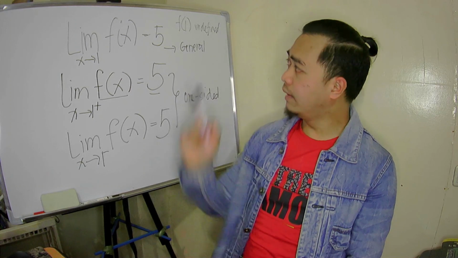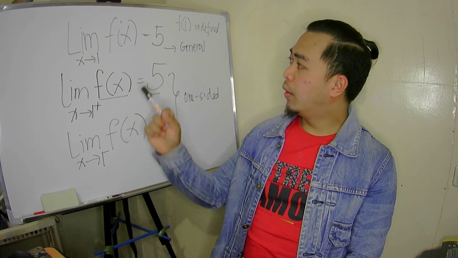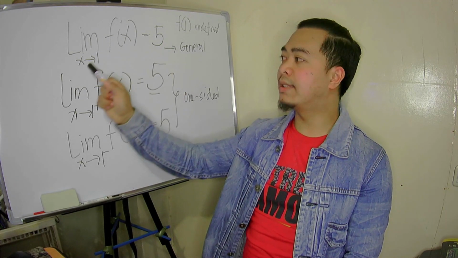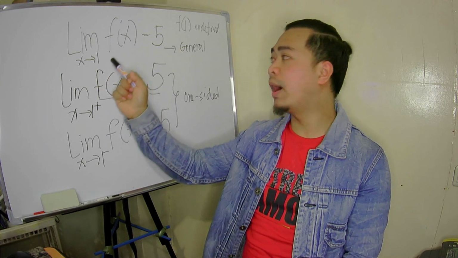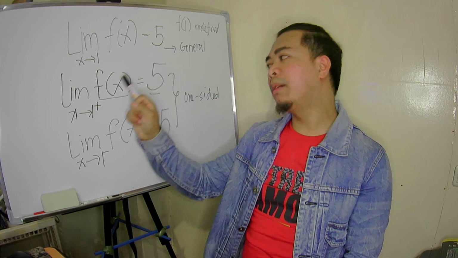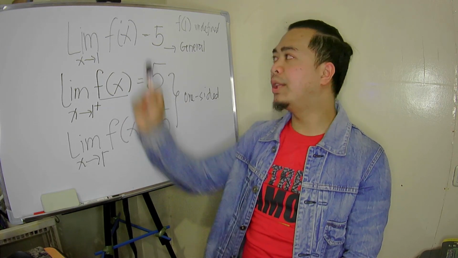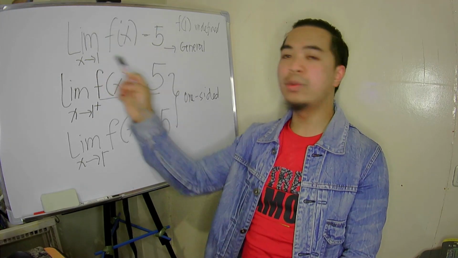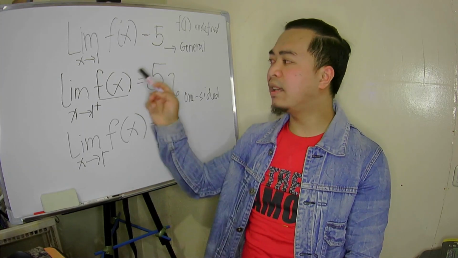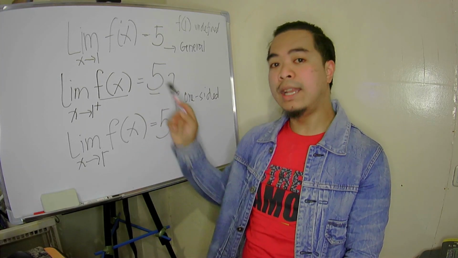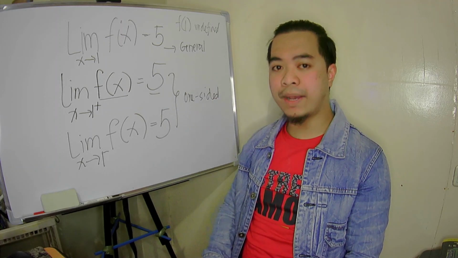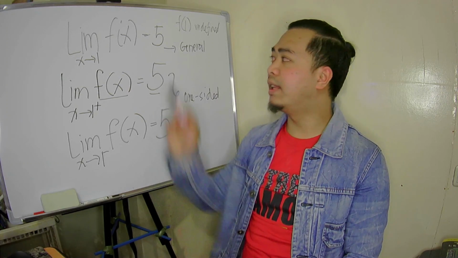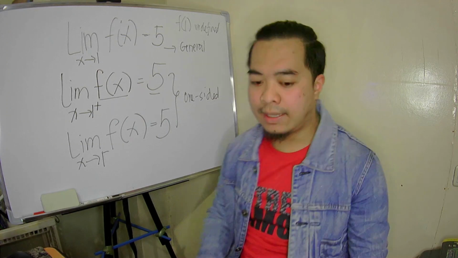Now, let us observe. When can we have a general limit? When can we say that the limit of a function as x approaches a particular number, in this case 1, is equal to 5? Pag nag-exist ito, kung meron ito pero wala yan, pwede ba natin isulat ito? Or kung nag-exist yung isa pero wala yung isa, pwede ba natin isulat ito? Or, third case, nag-i-exist yung dalawa pero magkaiba sila ng number na ina-approach, because that is also possible. I'm going to show to you that the answer is no. This general limit will not exist.